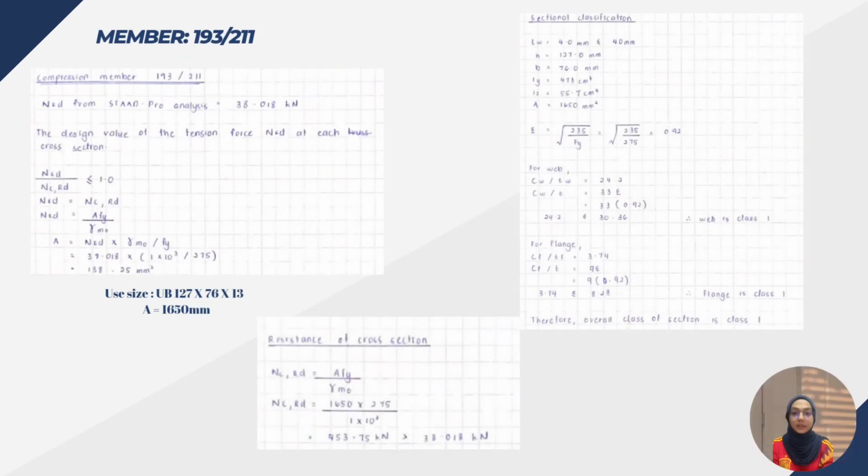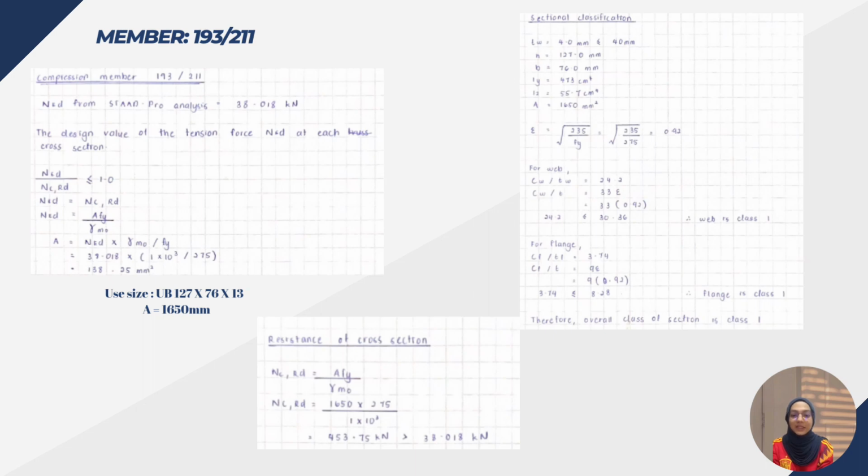For the compression member of 193 and 211, the NED value from the STAAD Pro analysis is 38.018 kN. Then the design must satisfy the following formula, which is NED over NCRD is less than 1.0. The value of cross-sectional area is 138.25 mm square. Then we decide to use the size of UB 127 by 76 by 30 and the area is